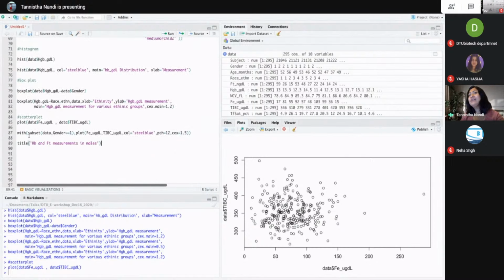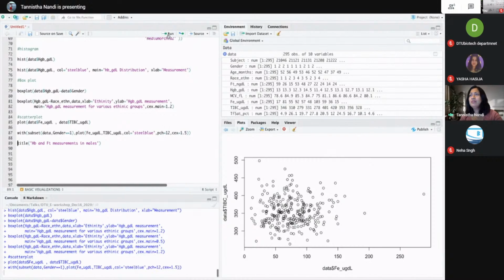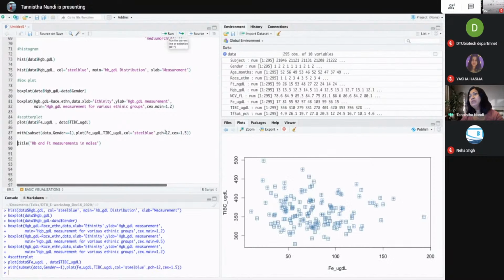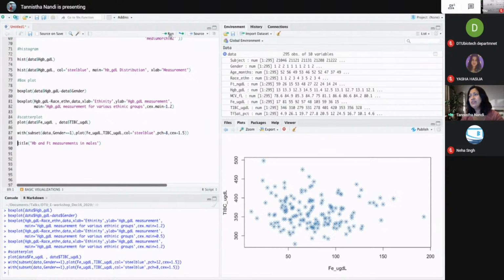So for example, here I have added another command, subset gender equal to 1, meaning just subset the males, and then do the same plot, color it in steel blue. And this argument here is to decide the shape of the dot that we want on the plot. If I change it, it's going to change. And by default, it's an open circle. If you want something else,